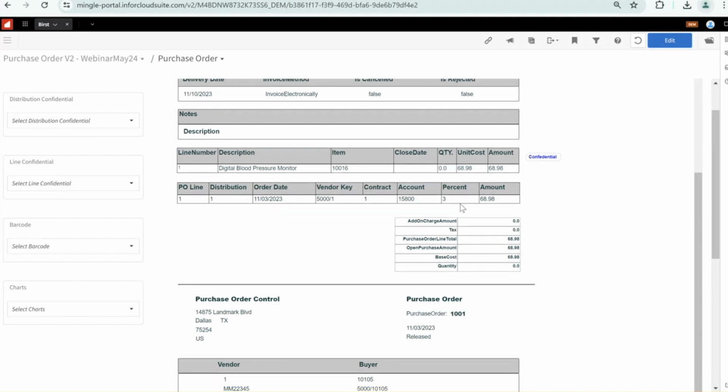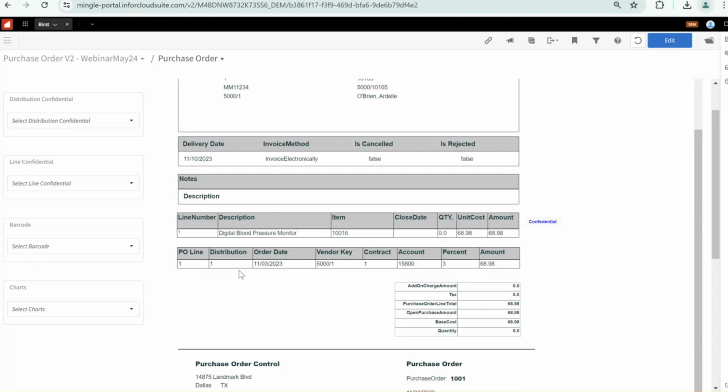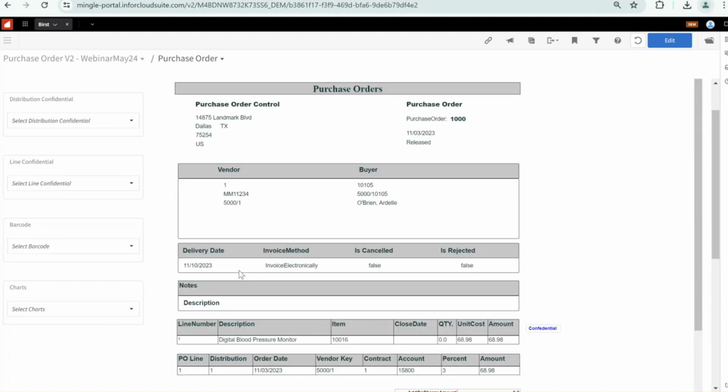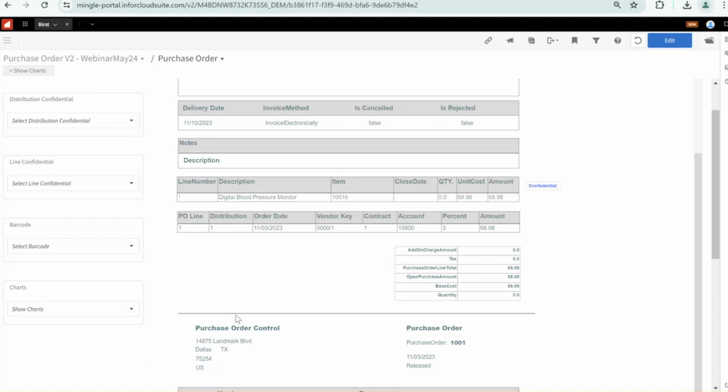Okay, so this report is still shown only in PDF format. The charts are not enabled here. I want to enable charts. For example, you can see the purchase order number, but you are not sure which purchase order number has the higher amount. So I'm choosing a chart to compare which purchase order number has a higher